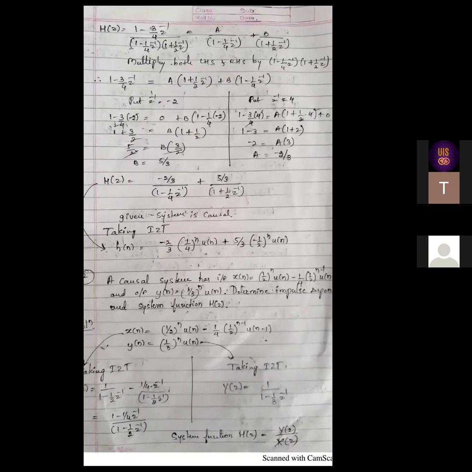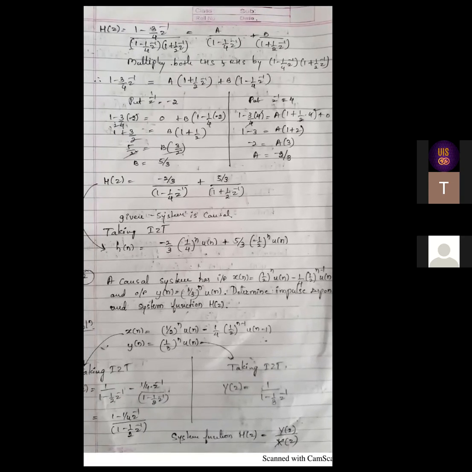Okay. If you apply the partial fractions, this is your LHS. It is given by a by 1 bracket plus b by 1 more bracket. These two denominator brackets can be exchanged, no issues. Then for further simplification, what you need to do, your LHS should have only numerator. That's why you multiply both LHS and RHS by this denominator, so that you will be left with only numerator at LHS.